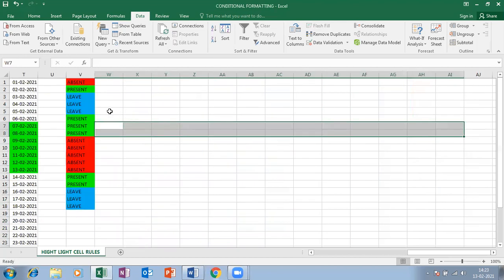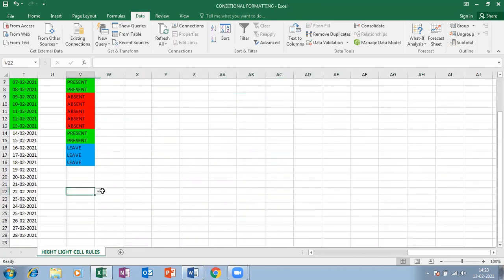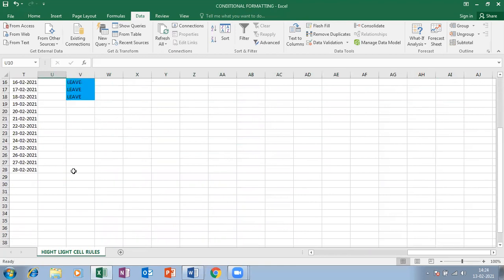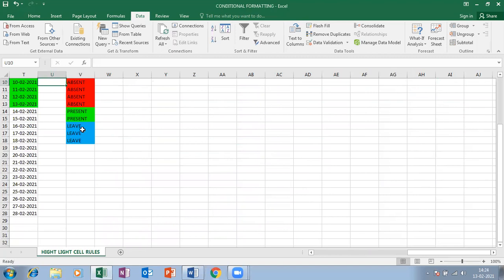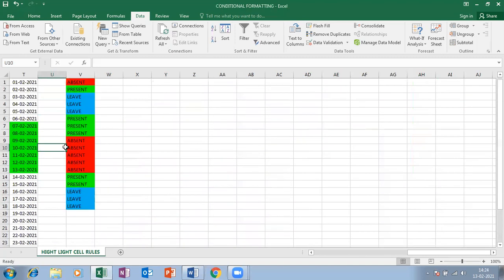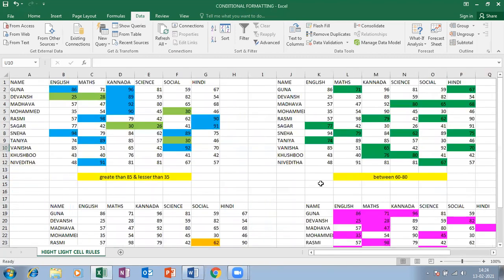Okay, so there is one more method where you can create a drop down list. So it will be easy. So 12 months or days, numbers, whatever you want, you can make a drop down list.